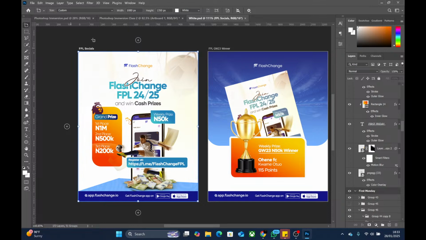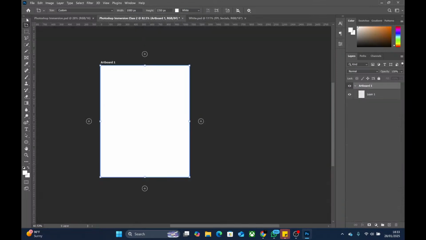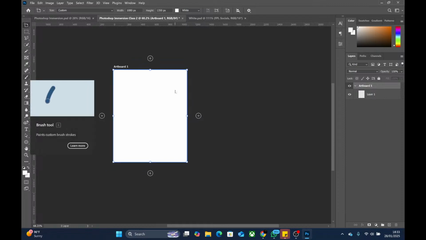What you need to learn on this page and in this toolbox: you will need to learn this first icon. You need to learn the second, the third. You need to learn this at some point, but not now. You need to learn the brush tool. So let's write them down.